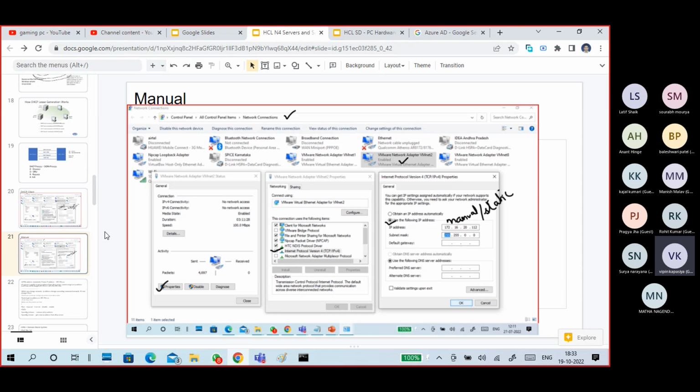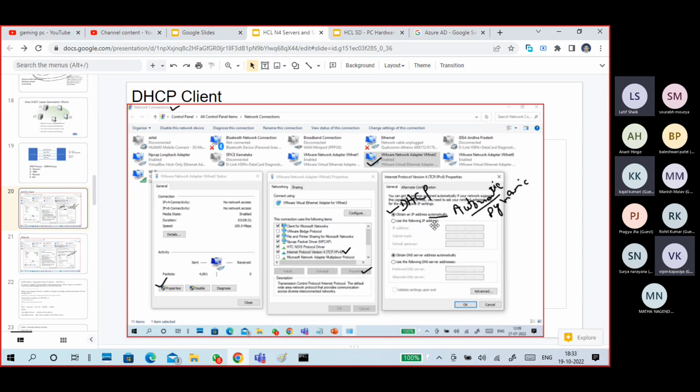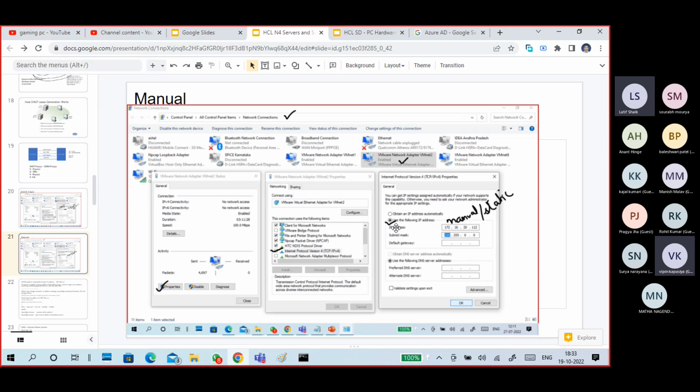Okay, see. If you choose use the following IP address, it means you are configuring manually. If you choose obtain an IP address automatically, it means you want to get an IP address from the DHCP server. So the question is how to assign an IP address manually. Go to network connections or Control Panel, Network and Sharing Center. There is an option called change adapter settings. Go to adapter properties, double click adapter properties, Internet Protocol Version 4 properties. Select use the following IP address